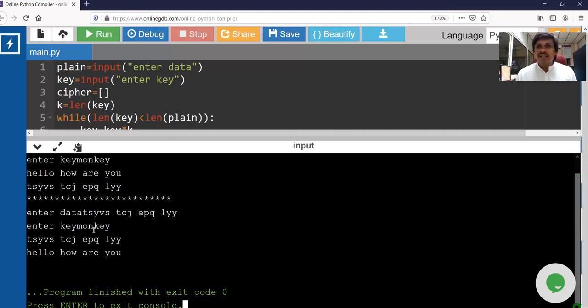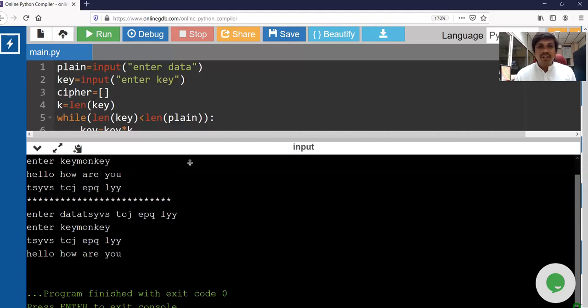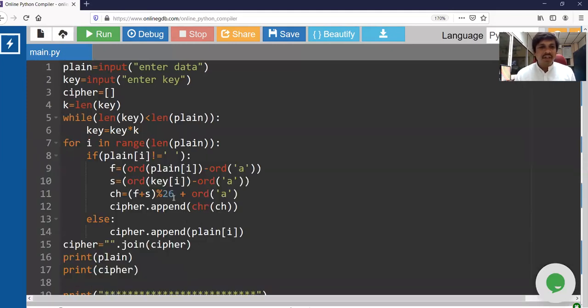Okay, that's all for today's class. And if you want this code, you can note it down. I will wait for 2 to 3 minutes. Or you do one thing: take a snapshot of this, take a photograph, and then you do it.